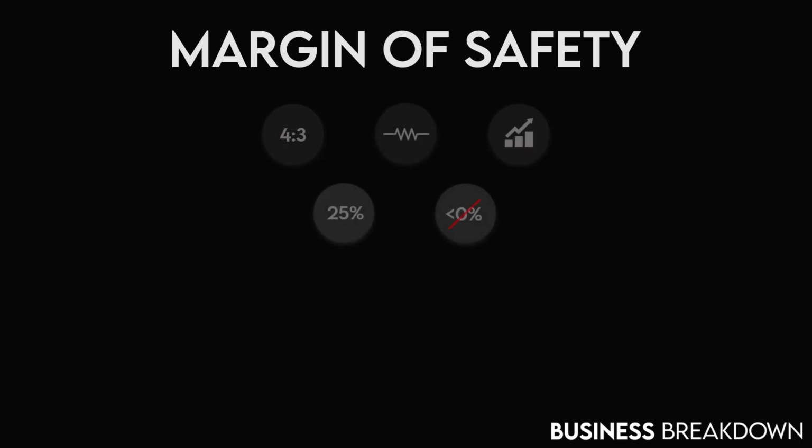To determine the final valuation of the stock, we'll be using a margin of safety. This margin of safety will be based on the financial ratios, the financial health, and the growth of the company. I will be using a standard margin of safety of 25% that can never go below 0%. The margin of safety can either increase or decrease based on the ratios that we're going to look at in just a moment. And the severity that the margin of safety will increase or decrease by will be determined by